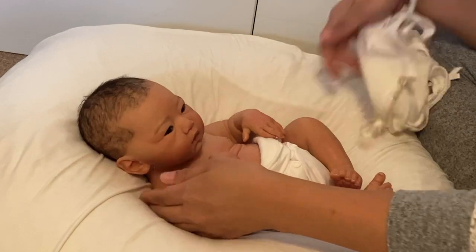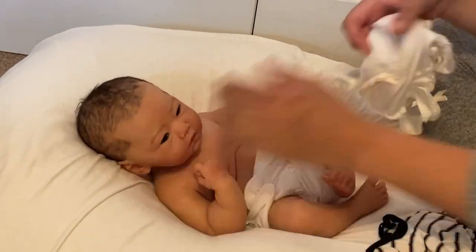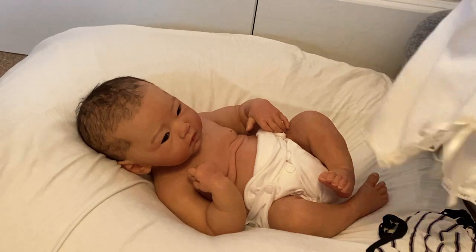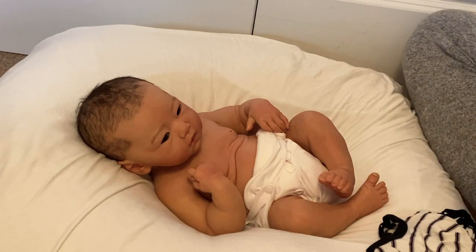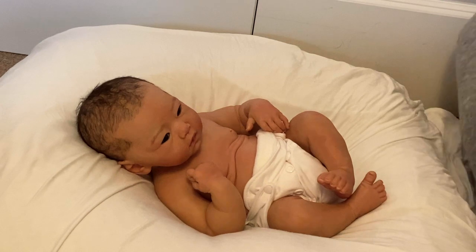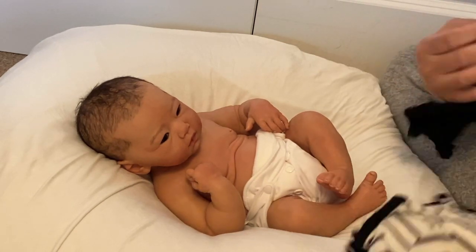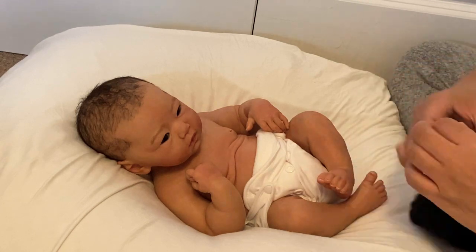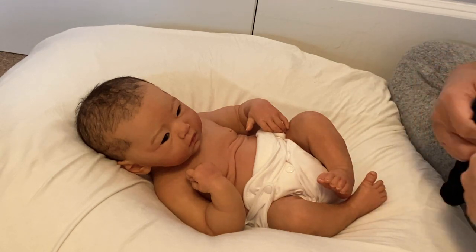And I will say the decision to go was not made lightly. There are still a lot of cases here in Southern California. So we debated whether to do it or not. And in the end, we've just been so locked down. We don't even go to the grocery store. We've been doing Instacart to get everything delivered,